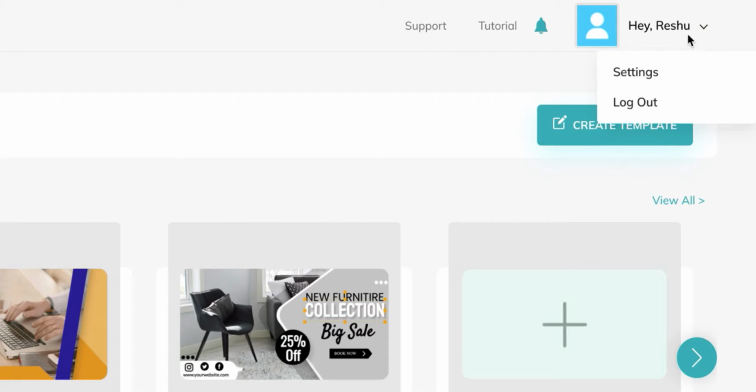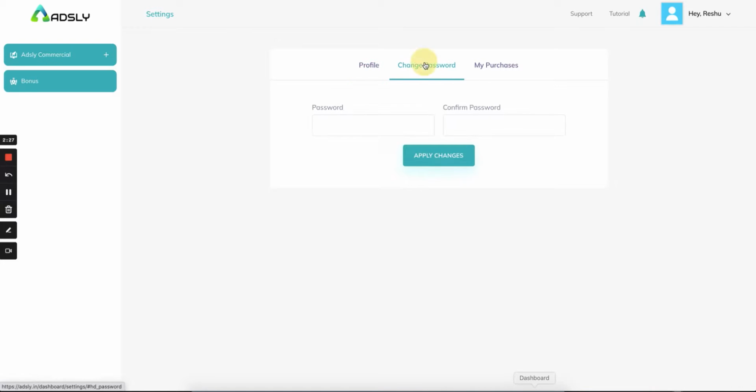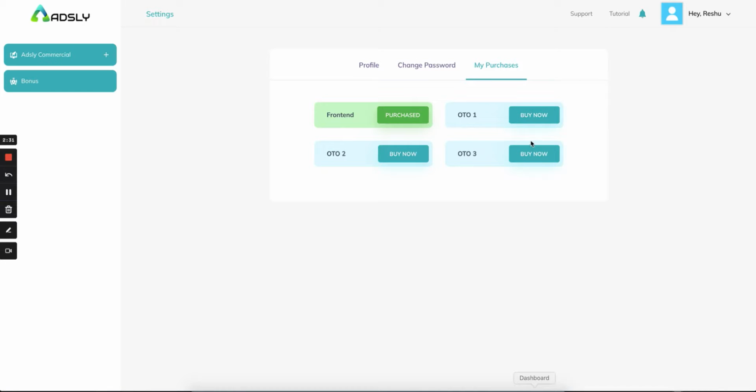And here you will get all the information about your purchase, the email ID you have used for your purchase. You can change your password from here and see what you have purchased and what you can have access to if you want to. These are all the upsell information which will be added over here. Getting back to the dashboard,